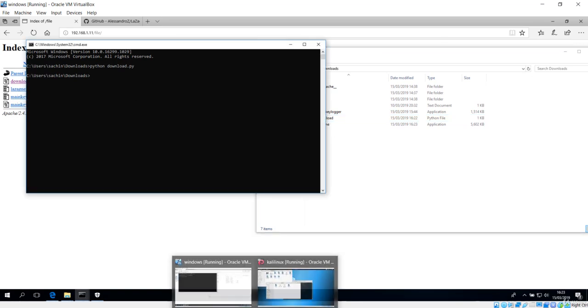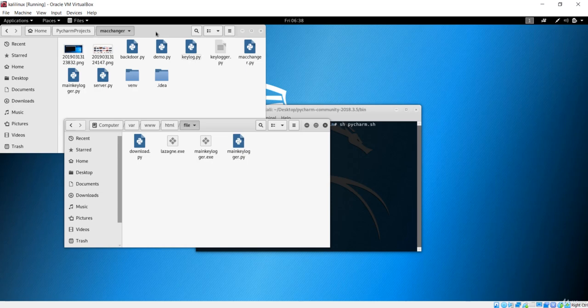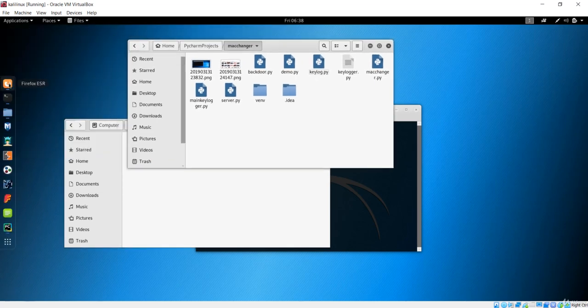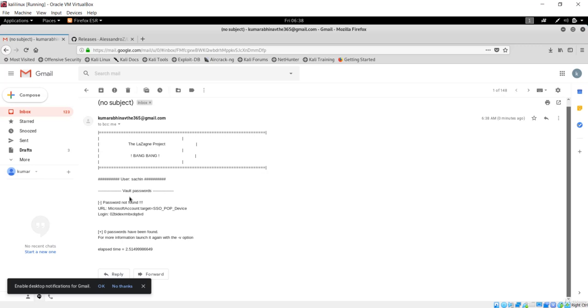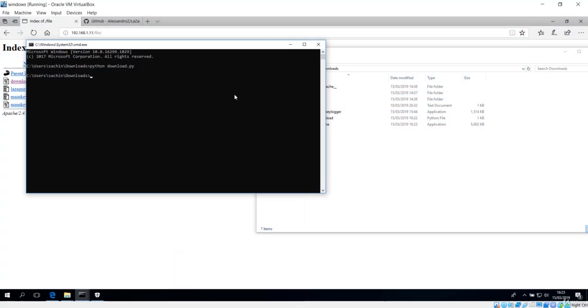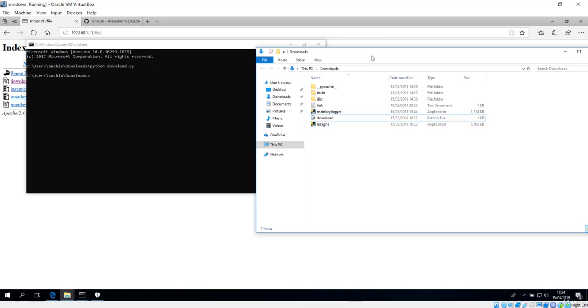So let's go back to our Kali machine, and I think the result has been sent to our Gmail account in Firefox, and you can clearly see it has been sent in here. Let me open this. You could see it has the vault password and everything that has been executed now in the client, and you could see the user also. I don't have any password in that client because I have no account created in this Windows machine. But if you create any account of Facebook or Gmail, it will be captured by this Lasan and sent back to you with the Gmail account.